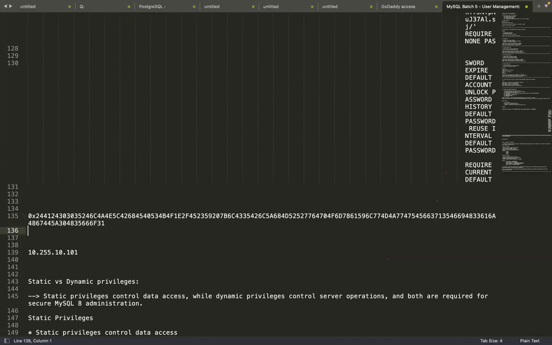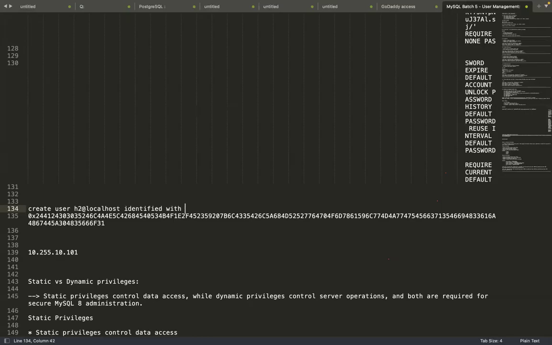Now I can prepare the command. For example, I'm going to create one new user, h2. Create user h2@localhost